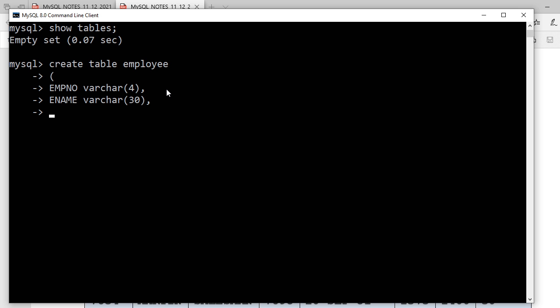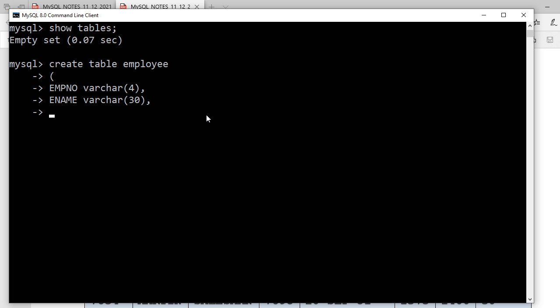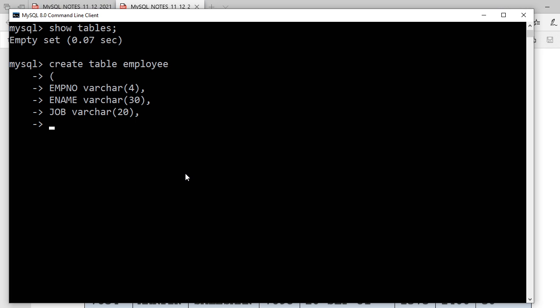Okay, now next one. What is that next one? Job. Okay, I am writing in capital case, JOB, varchar. Tell me how much I am going to write. Let's suppose 20. I think 10, but 20 all will come. Okay, then after job, MGR. Some sort of grading should be there like that. So MGR varchar. Tell me the maximum length of that MGR from the given table. How much? 3 or 4? 4. I'm writing 4 here. MGR 4.